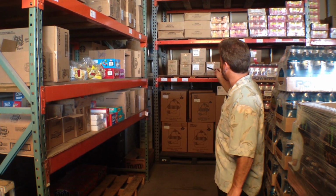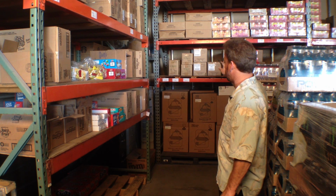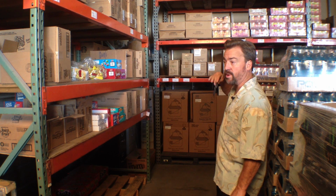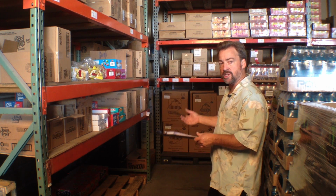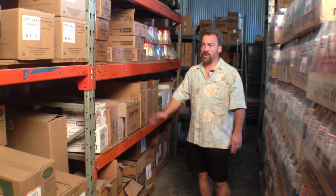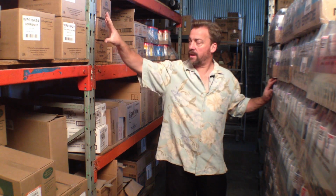Here we have our cups. We have individual coffees. And around the corner, we'll show you we have more coffee products. So when someone is loading a coffee order, they know to go to just that area and they'll load their coffee product. All right, so as I was saying, here I have cups, cases of coffee, single cup coffee systems,